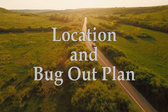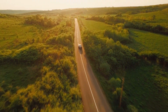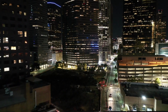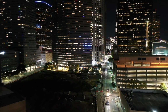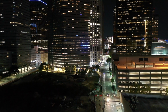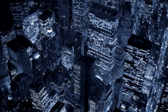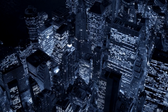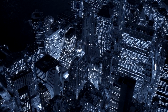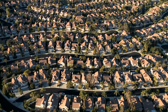No matter if you live in the middle of a rural environment or in the middle of a metropolitan hub, the need to bug out may happen sooner than later depending on the type of event that we're facing. And assessing your environment is actually a pretty easy task. Look at the population density in the area you live. The greater the population density, then mathematically speaking, the greater the need to bug out when supplies do run out